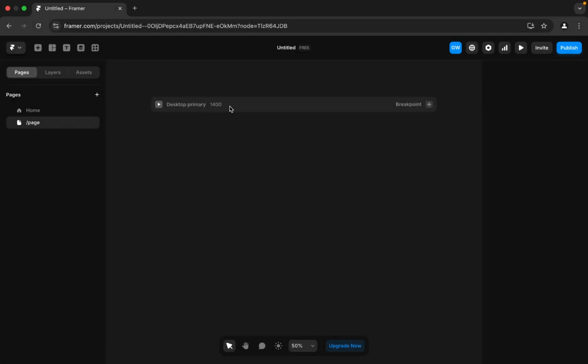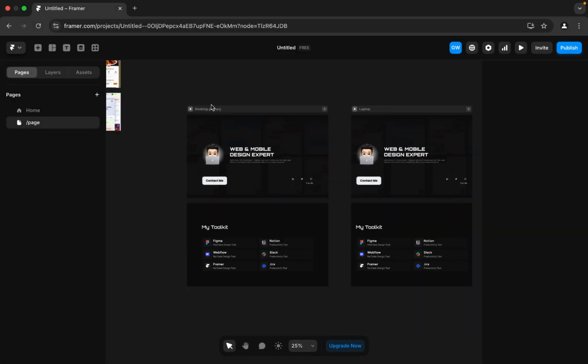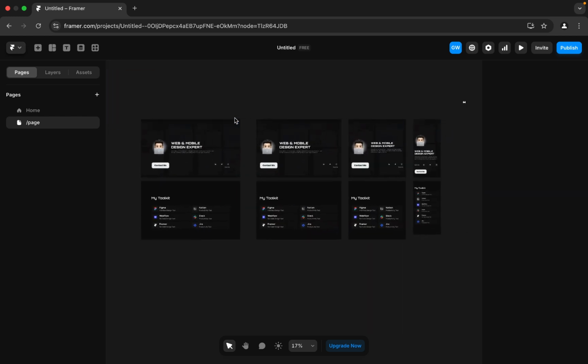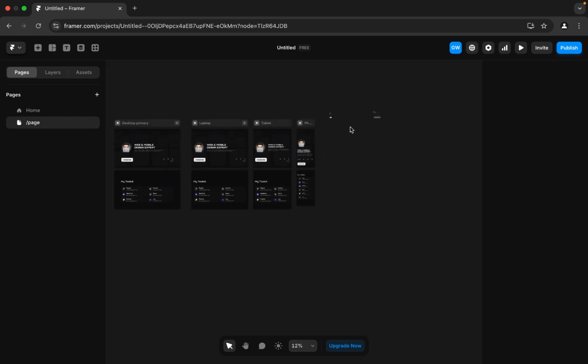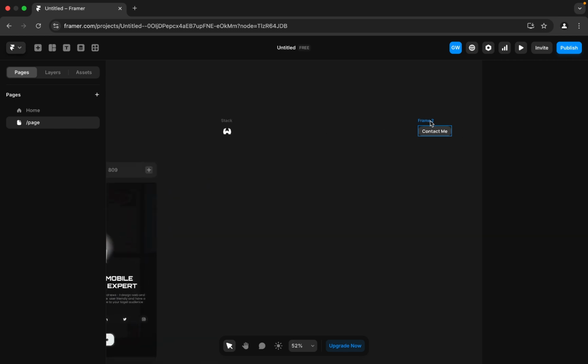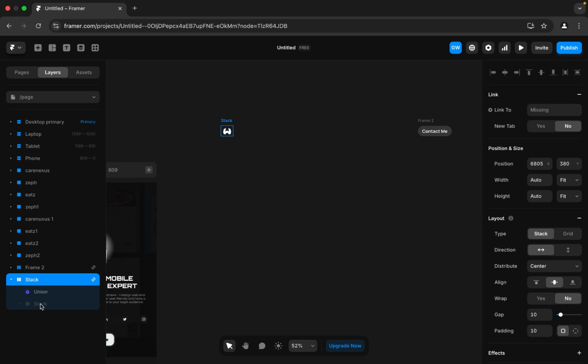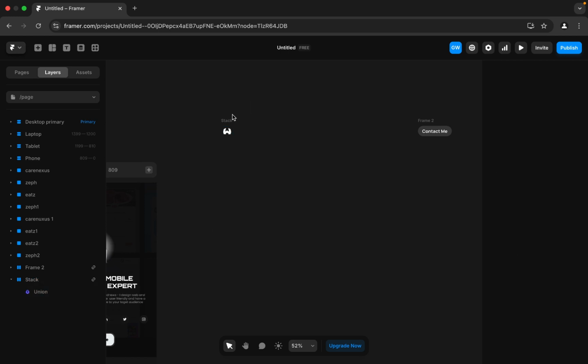Go to a new page where we don't have any navigation on our dashboard. So we're going to start by creating one. Firstly, you want to get ready your logo and your button that you want to use. It can be a login button, it can be a sign up button, it can be a contact me button, any button you like to use. So the first thing you want to do actually is to open up the layers panel, and you want to bring in your